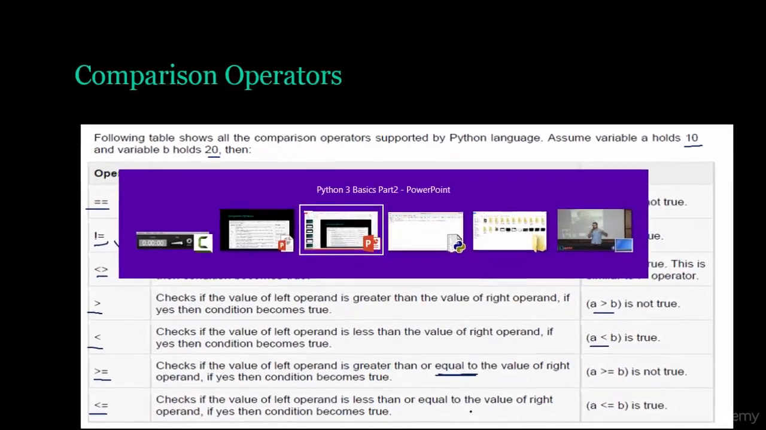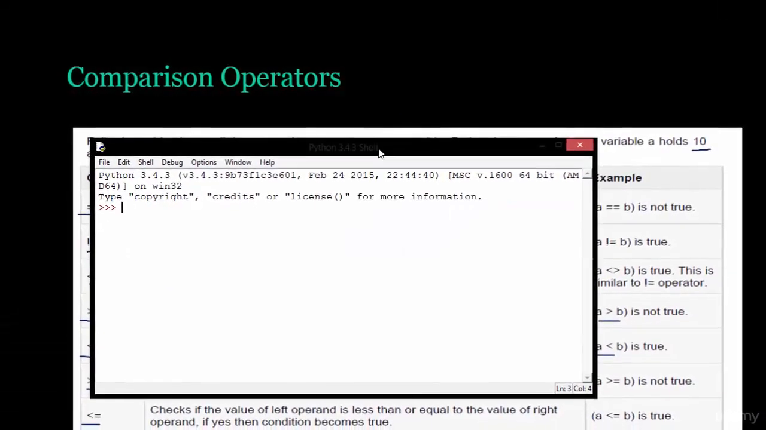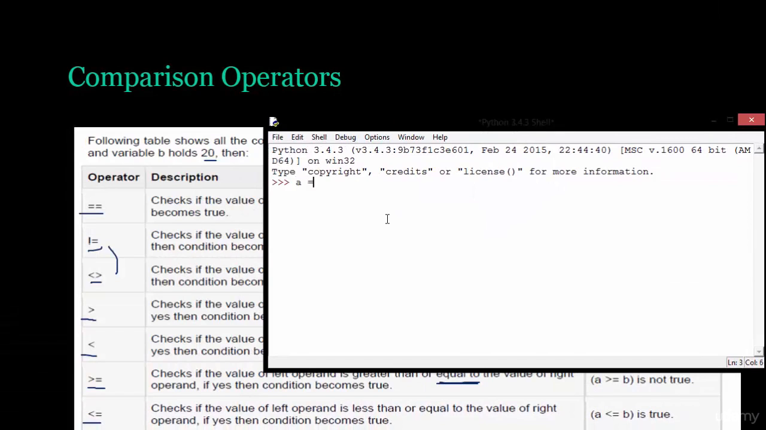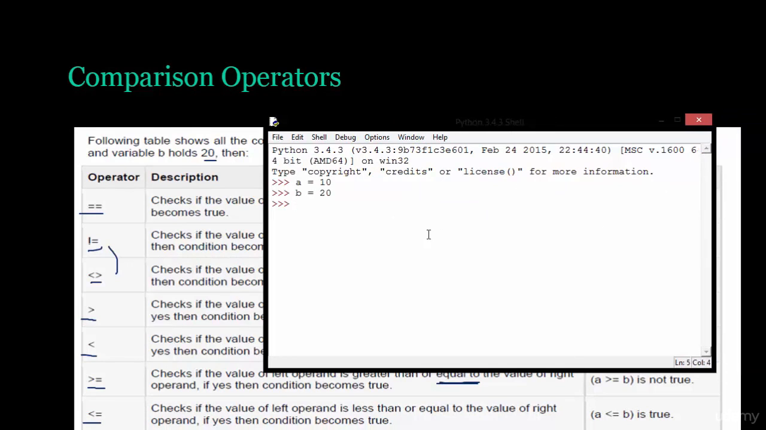Let's try this in our Python shell. I set here A equal to 10 and B equal to 20. And I say here A == B. This will give us false because the value of A is not the value of B. And if I say A != B, this will give us true because A is not equal to B. And if I say A <> B,